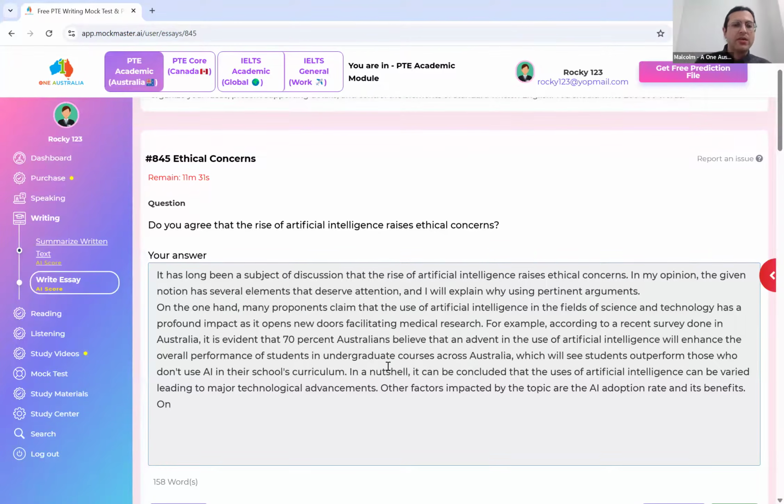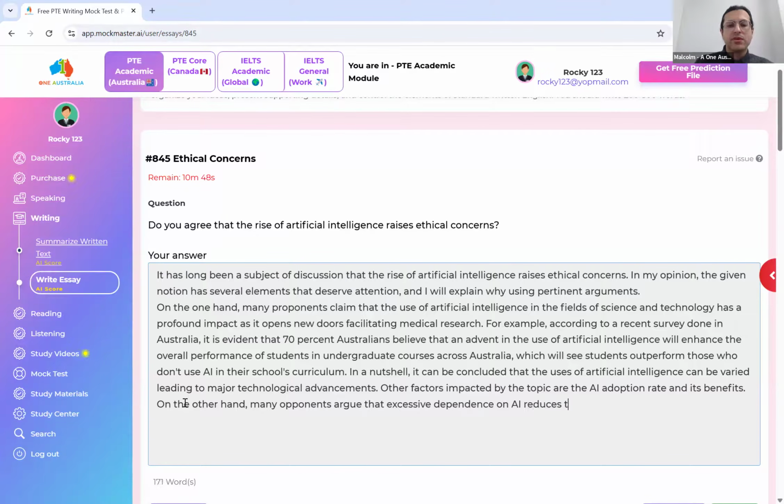So you start body paragraph 1 by writing on the one hand. So you start the second paragraph by writing on the other hand, comma, many opponents. Earlier it was proponents, now it is opponents, means people who are against. So one paragraph probably in favor, the other against. Many opponents argue that excessive dependence on. So depend on is a collocation, like a phrasal verb, or it's basically a collocation of noun plus preposition collocation. On AI